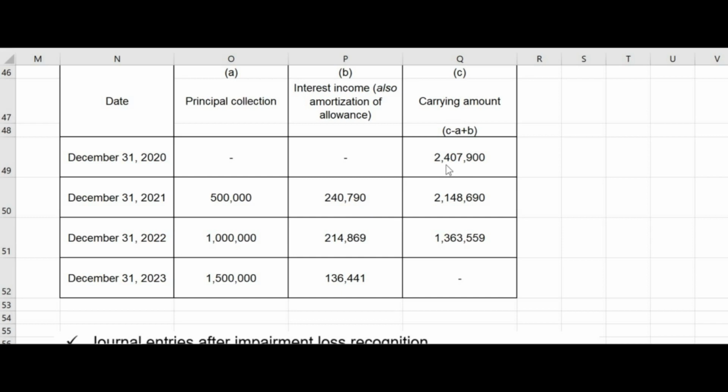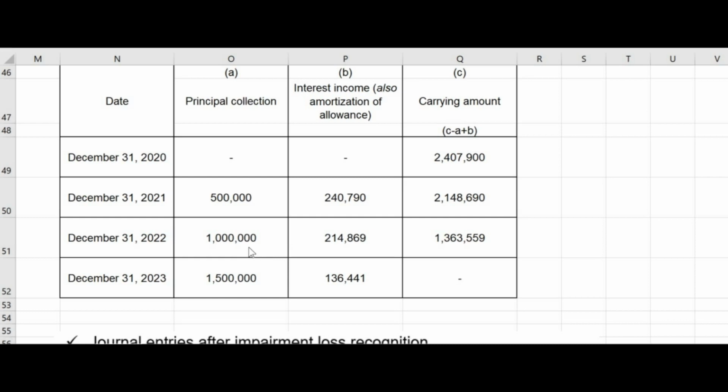So, that's 2,407,900 minus 500,000 plus 2 million plus 240,790. So, you'll have 2,148,690. So, the same will be applied here. So, if you have this amount na, you'll be multiplying this by 10%. And then, after that, no, this is already given. So, ito yung amount na babayaran ni client by 2022. So, what will happen is this amount here, 2,148,690,